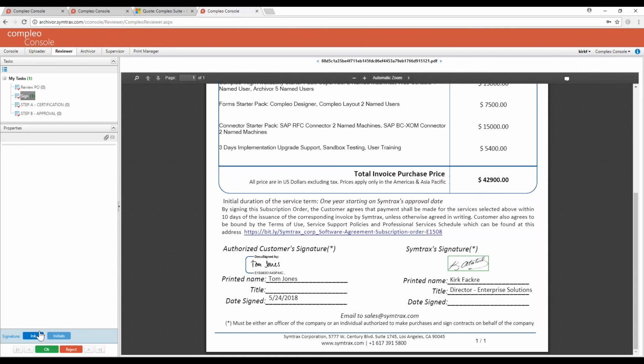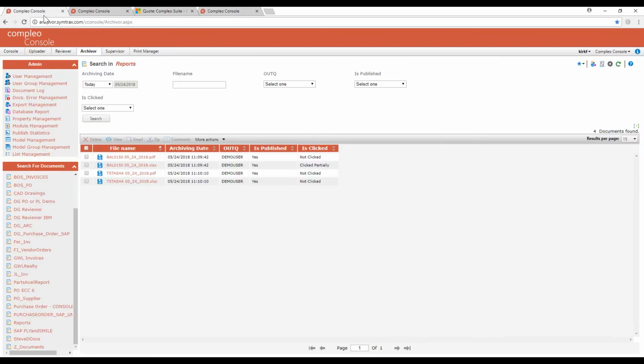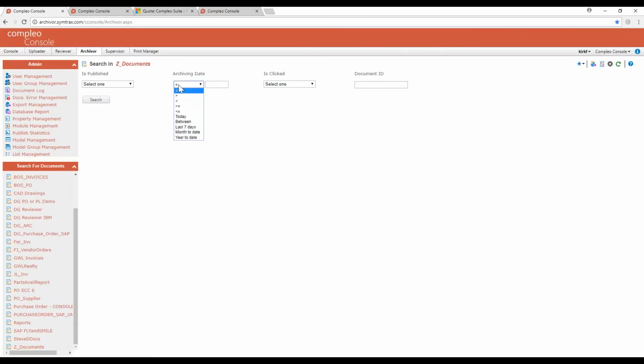Just to quickly pause on this, Compleo 7 allows you to very specifically position a signature exactly where you want it to go, just like DocuSign. So we're going to stamp that, and it just goes right to the right spot. It's not yet dated, so we have the date from DocuSign of when the customer signed it. Once I click OK, then it will apply the date stamp to the document. So at this point, behind the scenes, after I've authorized it, the document is back in Archiver,